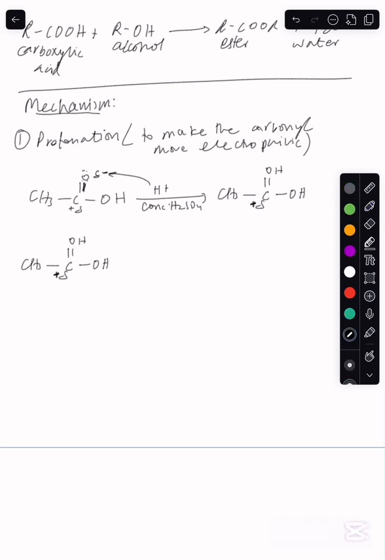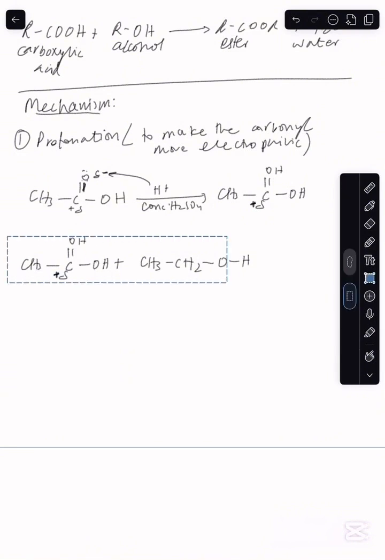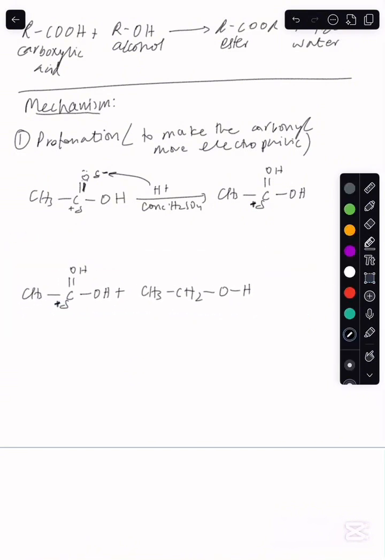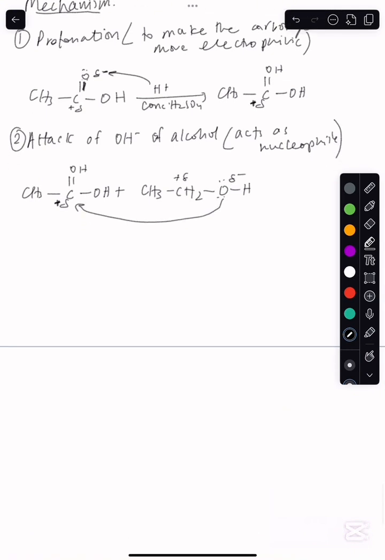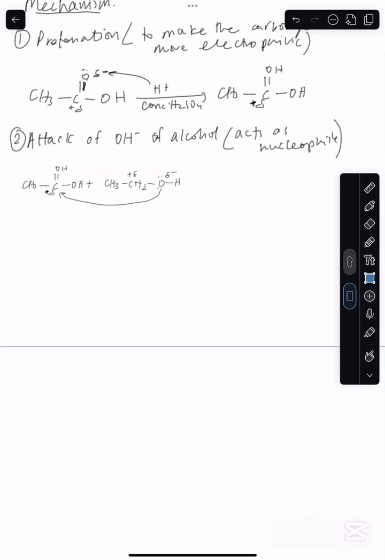So the electropositive carbon reacts with this ethanol molecule over here. I forgot to mention, I'm going to shorten it. And then in this step, I'm going to write the attack of the OH of the alcohol, which acts as a nucleophile, on the electrophilic carbon. So when we protonate it, it acts more electrophilic. So OH, which is a good nucleophile, attacks the electrophilic carbon center,